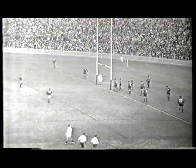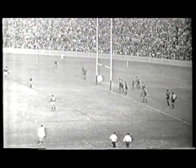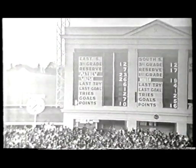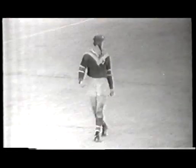With 15 minutes to go to full time, they're still trailing 2 points. Here's the kick by Eric Sims. This could be danger. Goes to Ashley. Ashley with a shot, long-range shot at field goal. And it's not bad, it's there. Oh, a magnificent kick by Kevin Ashley from 9 yards inside the South Sydney half. Kevin Ashley, I think, has clinched this game for South Sydney, for Eastern Suburbs. That was Kevin Ashley's second